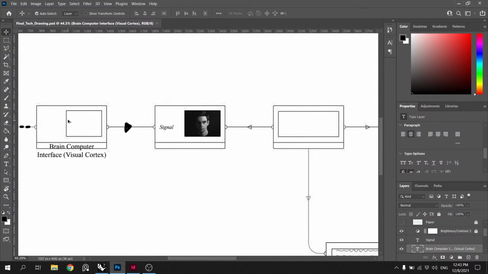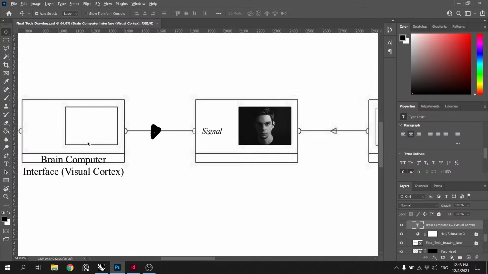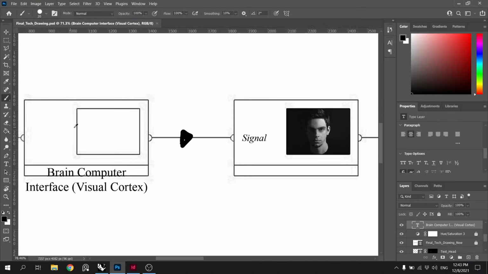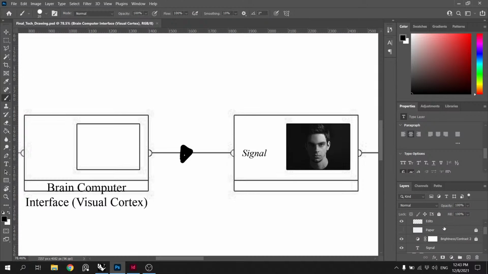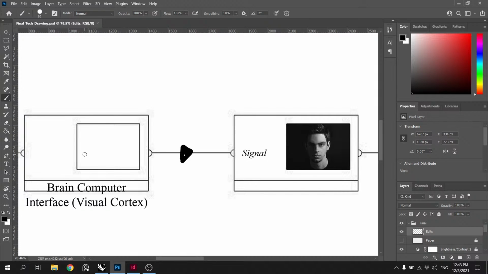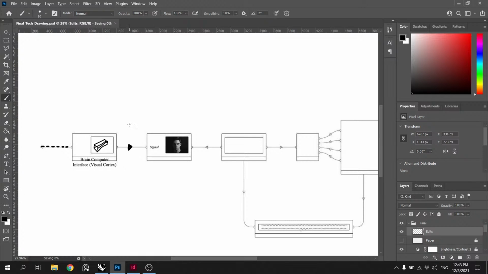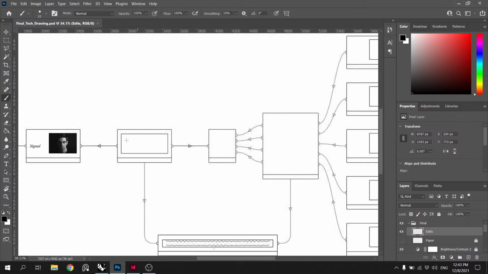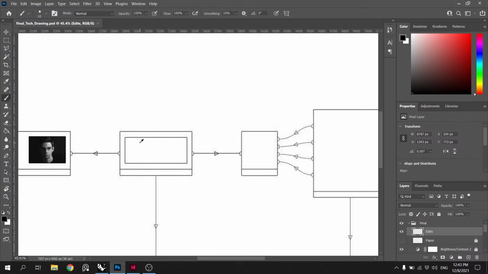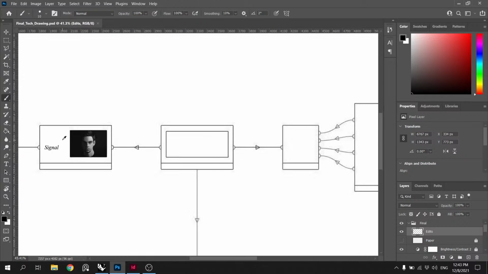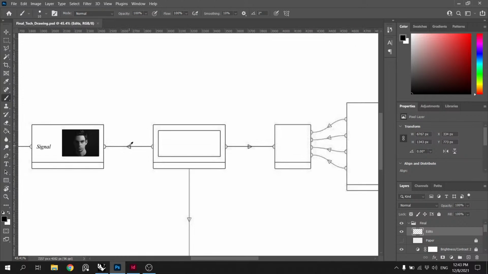So here will be like a computer, so we'll just draw that in. It's gonna be basically a drawing like this. That's the signal coming to the brain.